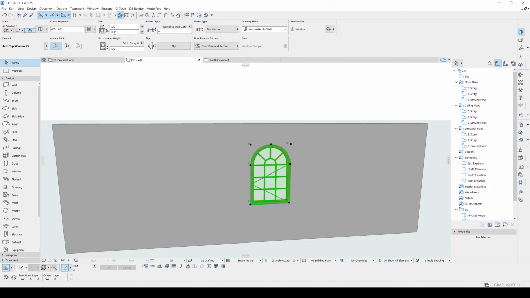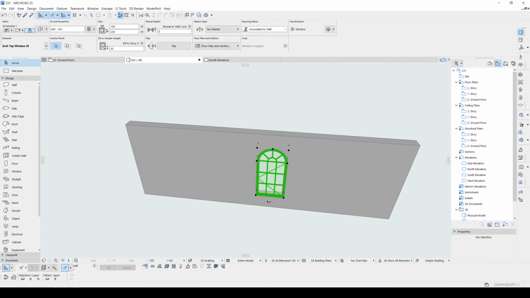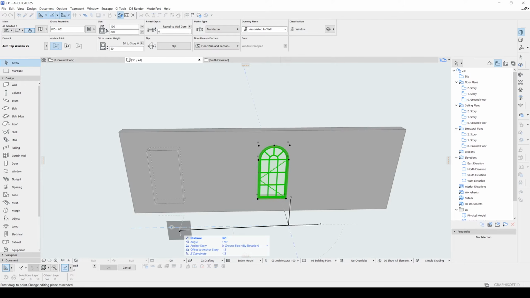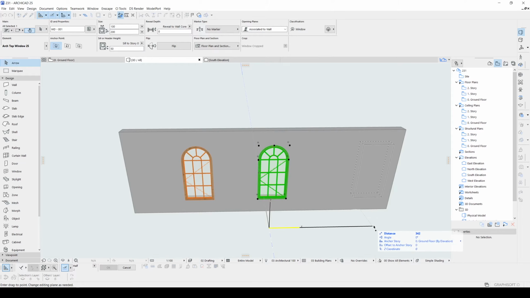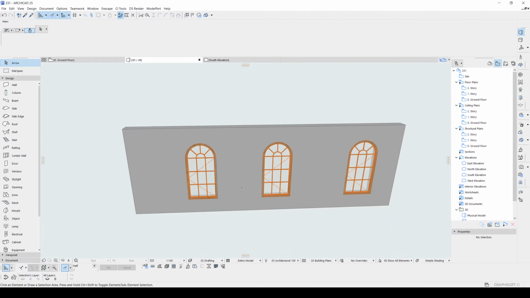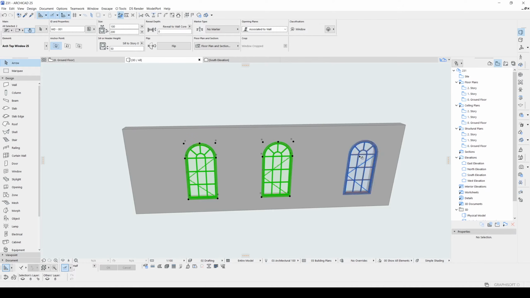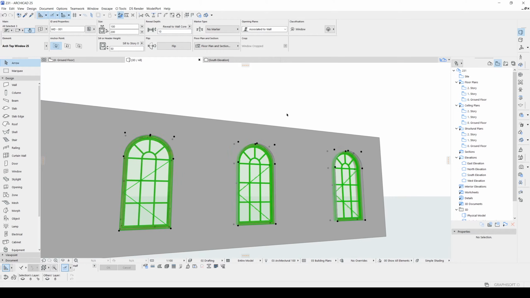Maybe we can change the sizes a bit more. Maybe this value will be 2 meters and sill height will be 50 centimeters. Something like this. Anyway, to make deeper effects for your windows in your renders, you can change this reveal to wall core and increase that value. It will look way better.